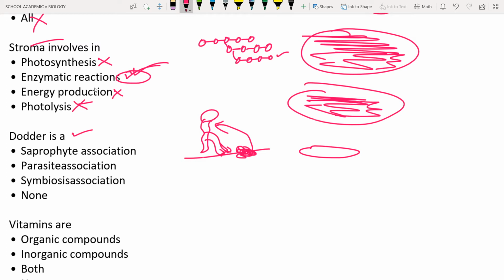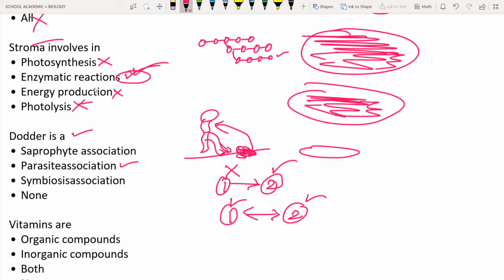Okay. So the daughter is not going to have such kind of association. It is not killing other substances to have such behavior. Okay. Next is the parasitic association. Parasitic means if one organism is depending on the other organism, in this case one partner will be benefited, and the other partner is facing loss. In that case you can see the parasitic association. Next is a symbiotic association. Symbiotic association means one partner is there and another partner is there, and both the partners are benefited. And the fourth option is none. So this option is not satisfactory.